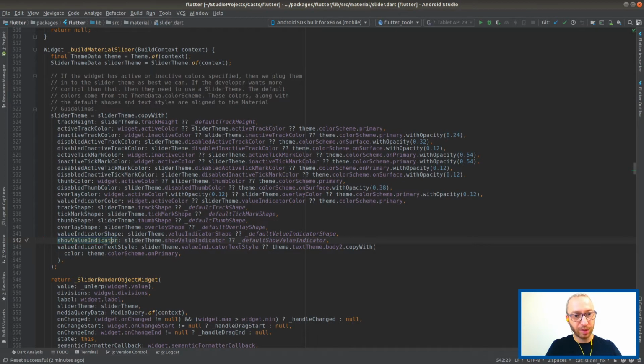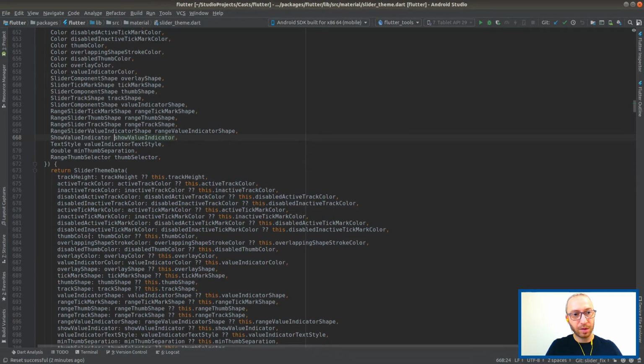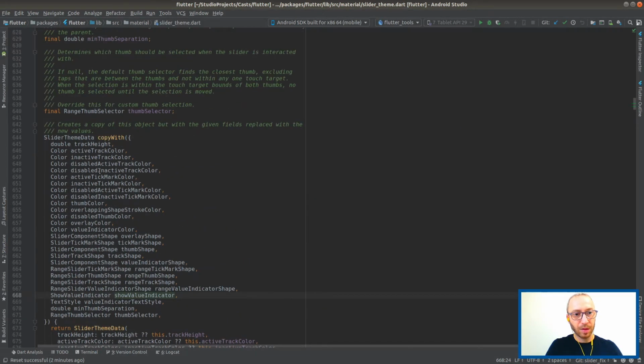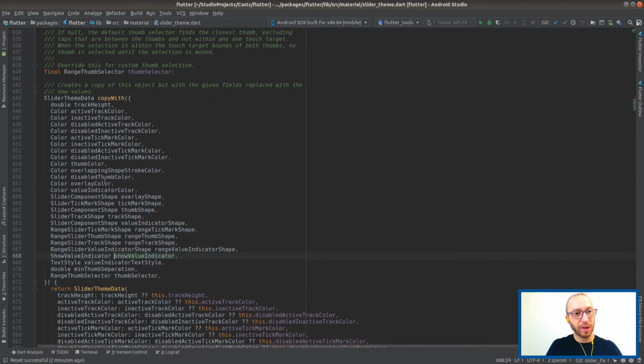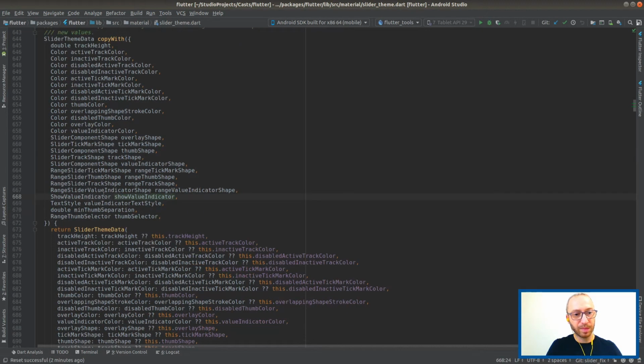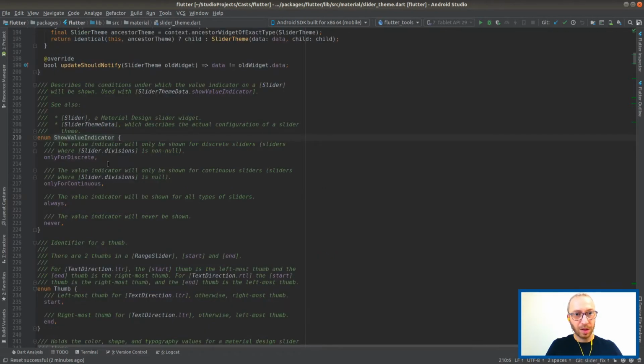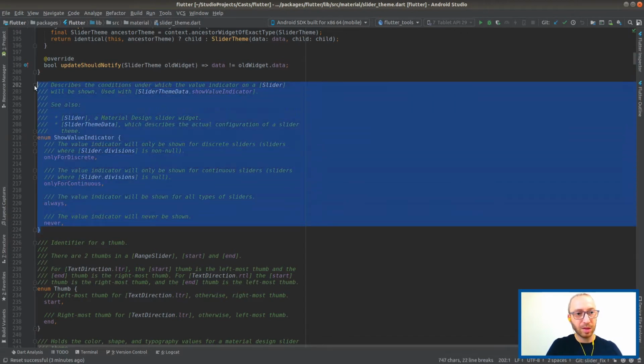So how do we actually do that, right? So we have to find the show value indicator. There's a lot of places where we will have to remove it from, right? I think we can start from completely removing the show value indicator enum, right? Because we decided it's useless, and we'll just fix all the places that use it, right? Yeah, let's try to do that.